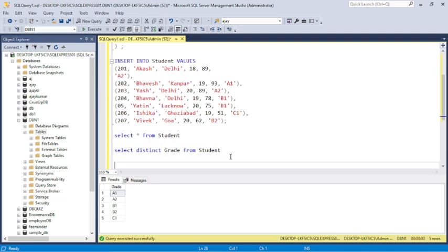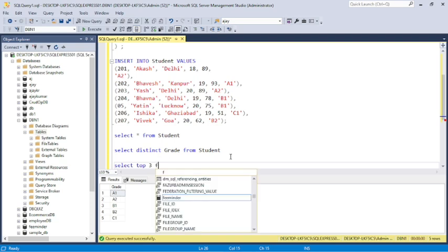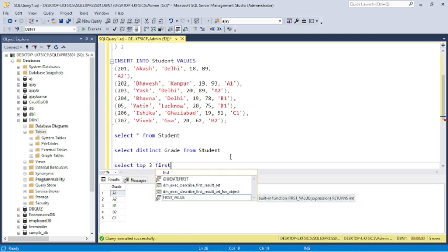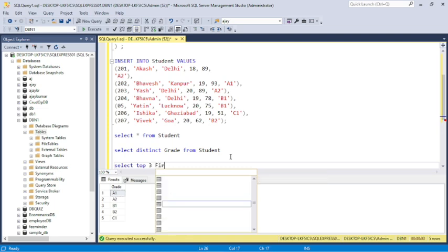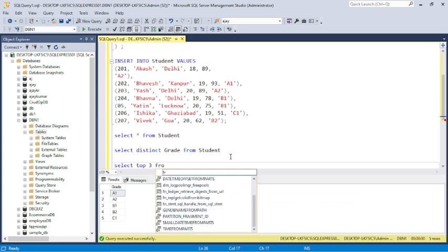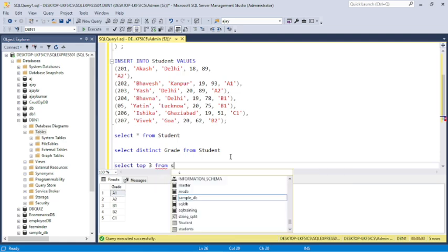Now let's see, I want to select top three first name from table name students.